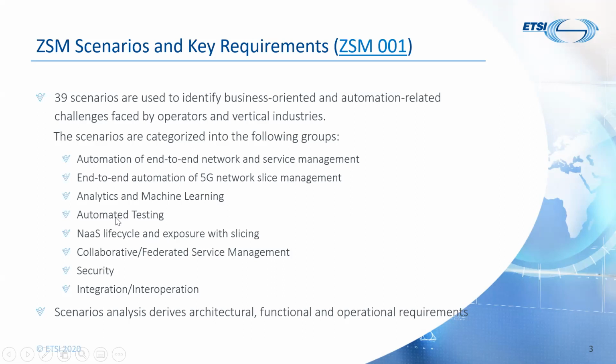The next category is the automated testing. An example here is to have a set of test procedures that would be automatically executed after a software install. Different types of test procedures would have to be orchestrated and executed depending on the action that took place. So, for example, a set of interoperability test procedures would be executed upon configuration and routing changes to validate the messages between two or more network functions.